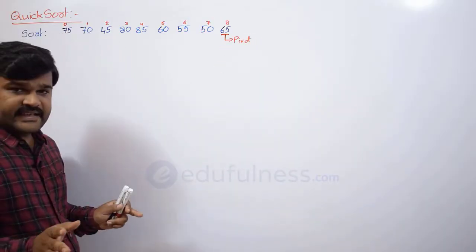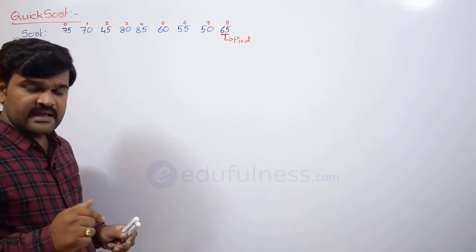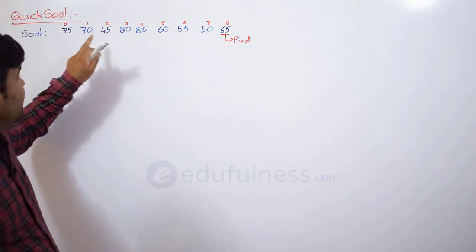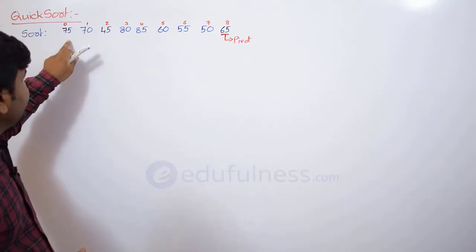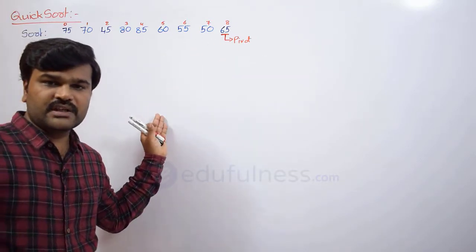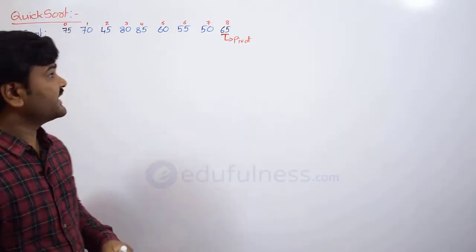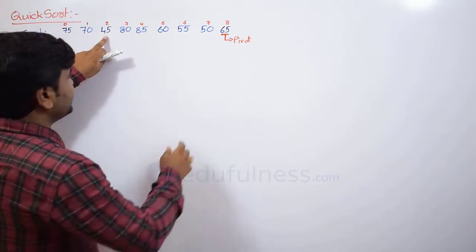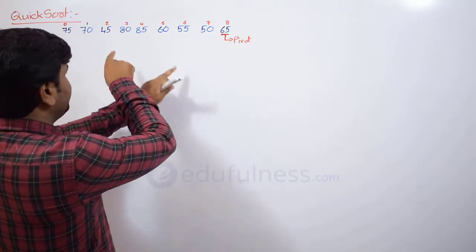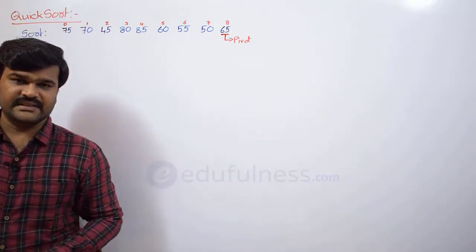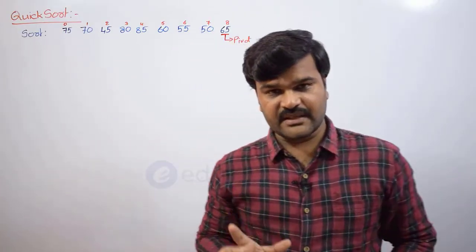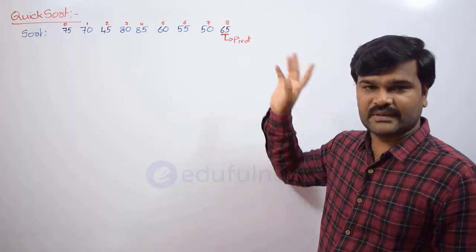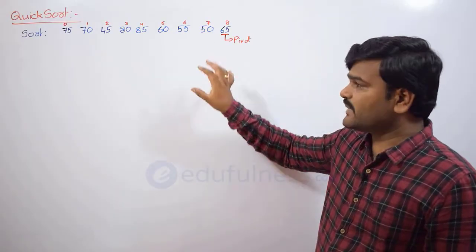Again, I am saying you can select any element as pivot, but after selecting it, you must move it to one of the ends, either the 0th index or the highest index. For example, if I select 45 as pivot, I have to move it to the 8th index, that means you have to swap these two elements. So the first step is to select the pivot element. You can select any one as the pivot, and for convenience I am selecting this one. So 65 is the pivot element.